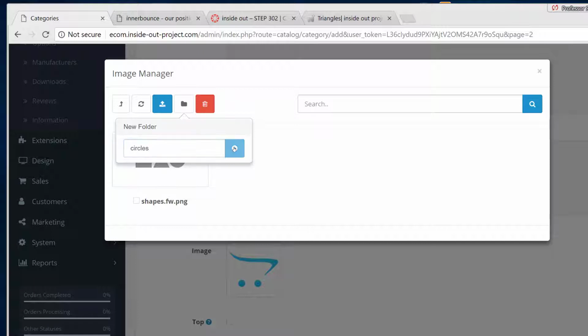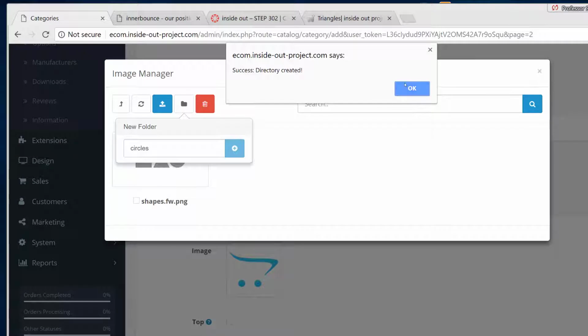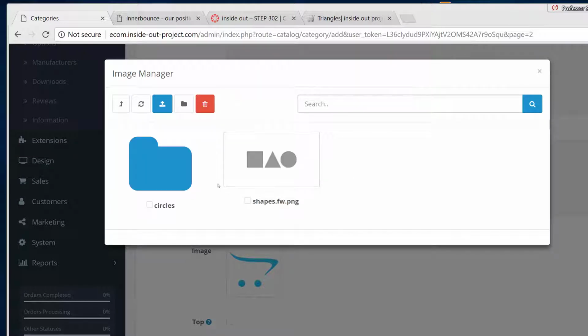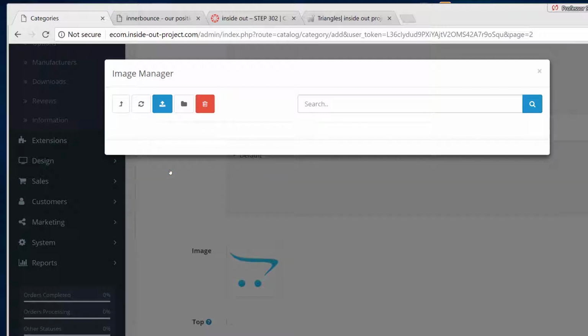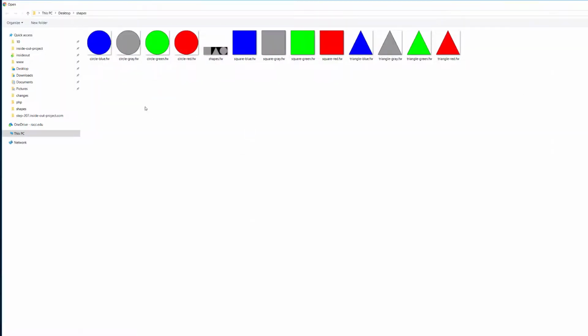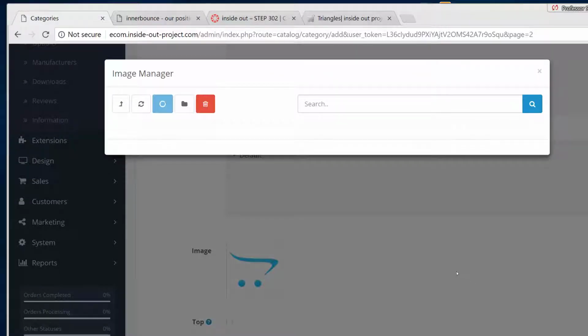Your folder structure can actually play a big role in a lot of system operations, so you really want to put some thought into how you name things and put them together. So now we're just going to go ahead and grab all of our circles and come down here and click open,